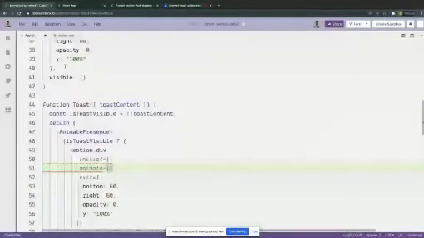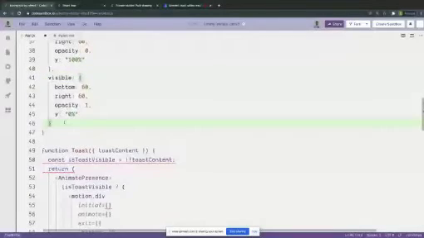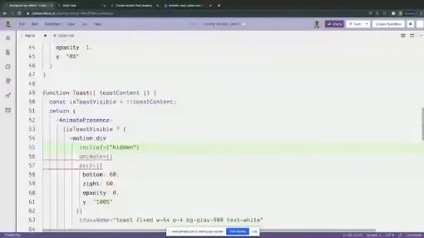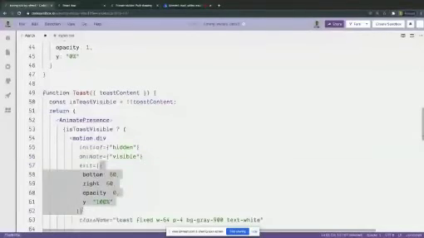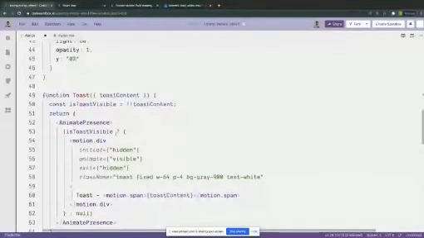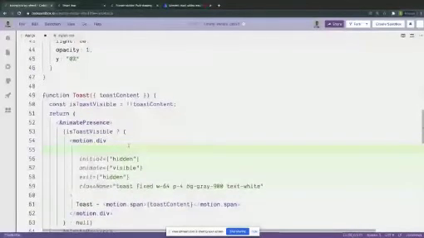Grab that also. So initially, I will be at the hidden state, and then while animating on mount, I'll go to the visible state. So it will stay there, and while it's unmounting, I'll go back to the hidden state. And now I just need to pass the variants to my motion element.